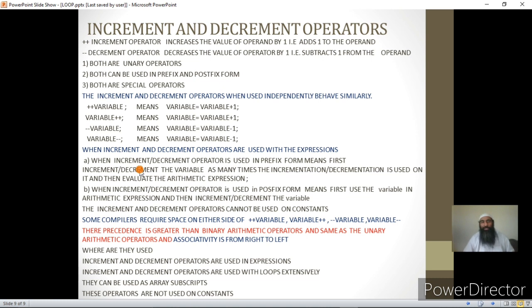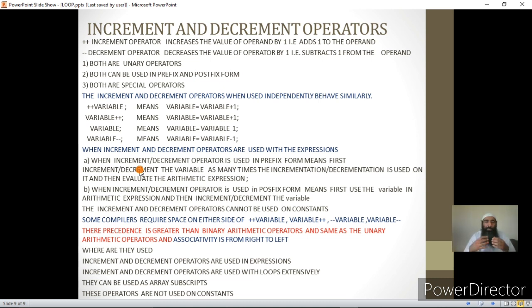If you see from the associativity and precedence point of view, you will be starting from right to left. But since it is a single variable on which these operations are performed, whatever pre-incrementations or pre-decrementations are performed on a variable in a particular arithmetic expression, the final value that settles down will be used at all the places in the arithmetic expression. I hope this explains how the behavior of the increment and decrement operators is different once we use them in expressions or in assignment statements.